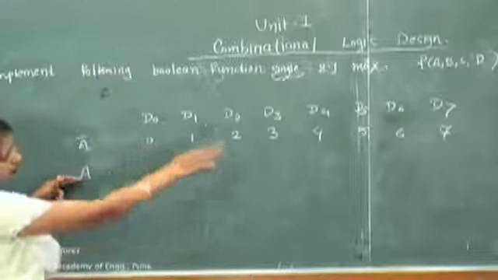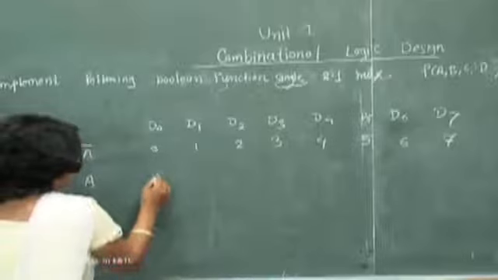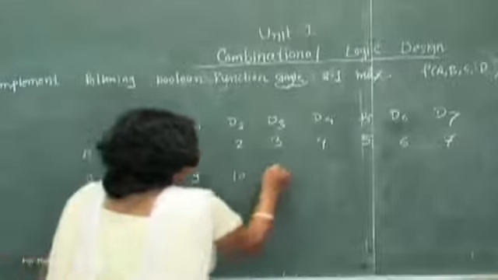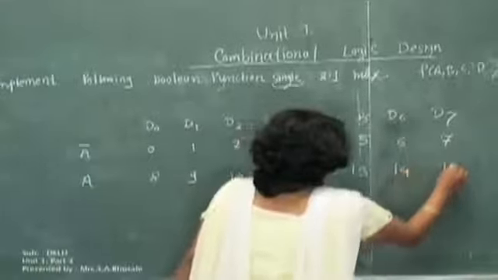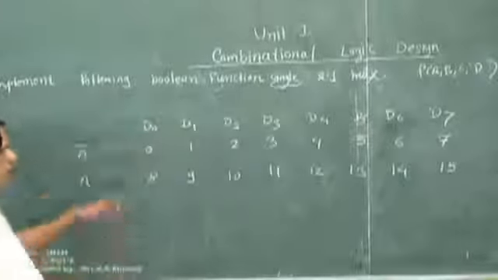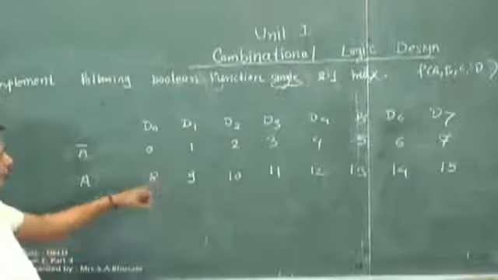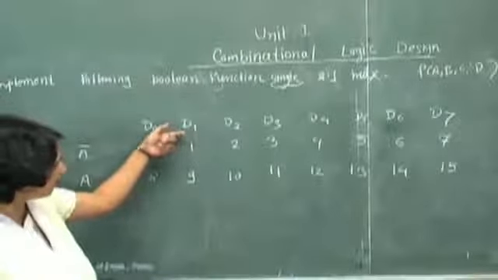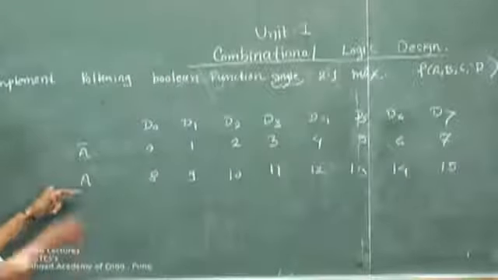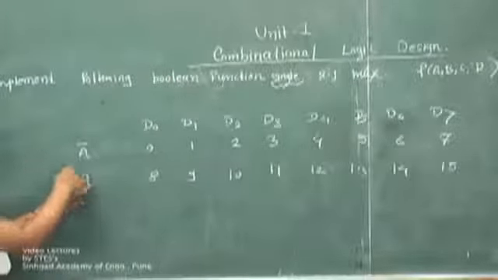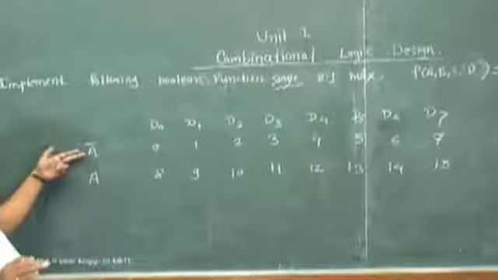So here what will happen? 0 to 7 is the default, and for multiplexing it should act as 8, 9, 10, 11, 12, 13, 14, 15. What is the significance of this? The D0 line is multiplexed for D0 as well as D8. Similarly, the D1 line is multiplexed for D1 as well as D9 and so on. For that we are taking the third input, or extra input, that is nothing but A. For A there are two combinations, which are complements of each other, A bar and A.